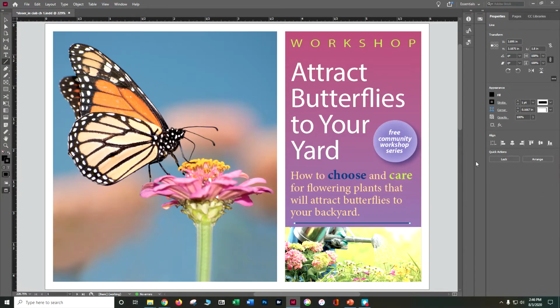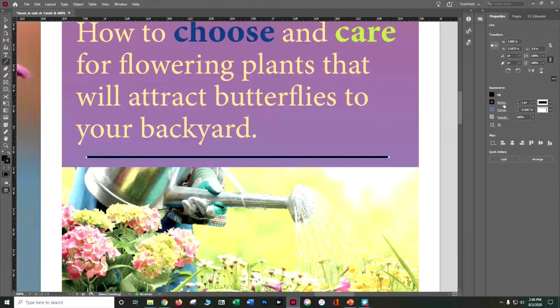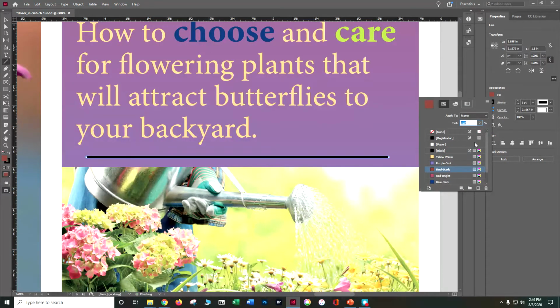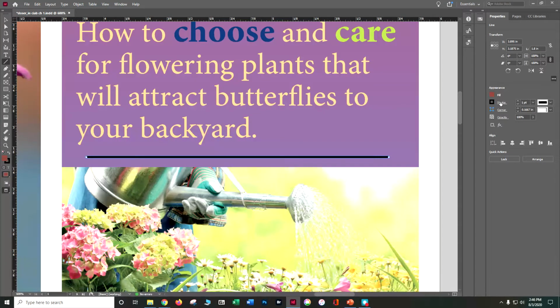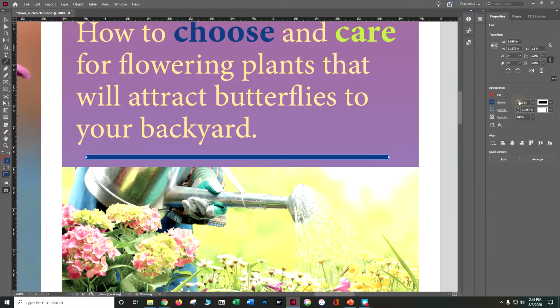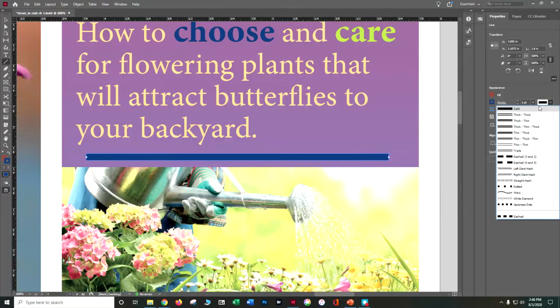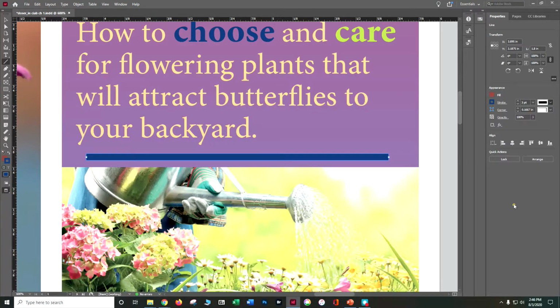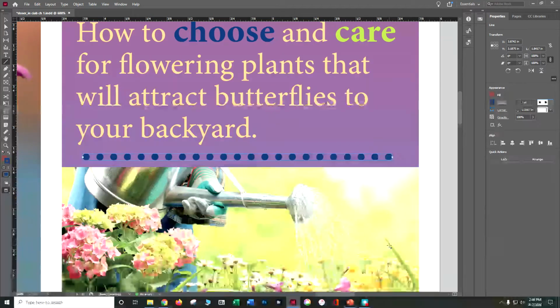Now the important thing to know with a stroke or with a line is to know it's just a stroke. You can change this fill color all day long and nothing's going to happen to it. You have to change the actual stroke color. So let's go ahead and make that stroke color, let's make it dark blue. And let's go ahead and change it. Let's make it bigger. So make it bigger and fatter. We can change the type. So I'm going to go ahead and make it Japanese dots. So you have a lot of different options to play with those different types of elements as you are learning